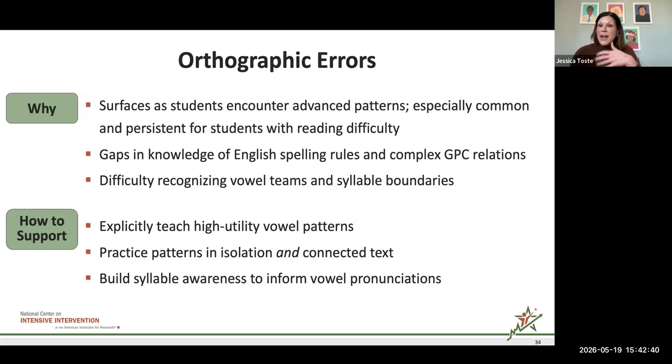And so as these patterns appear in words, we often make errors because we're not sure which vowel sound to choose to go with that pattern because there are different options. And so when students are making a lot of orthographic errors, or when there's a commonality in their errors that they're all in this type, there's likely some gaps in their knowledge around English spelling rules, complex grapheme phoneme correspondence relations. So as we move into more complex patterns,